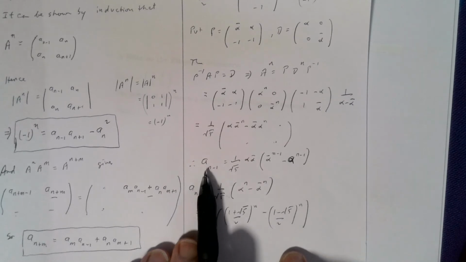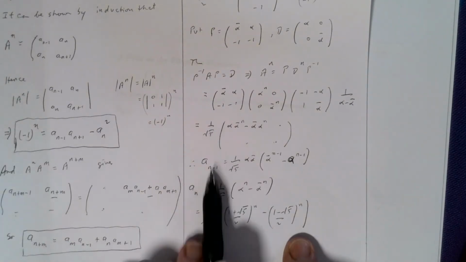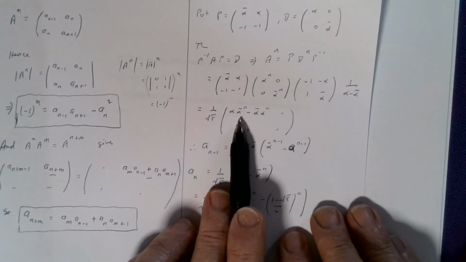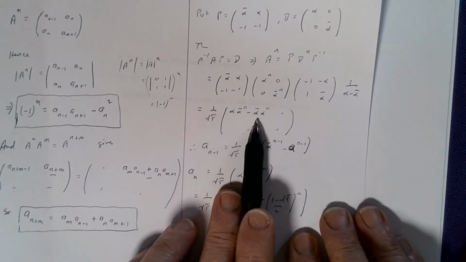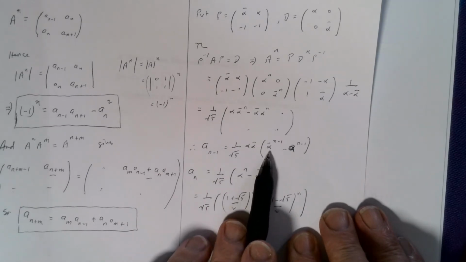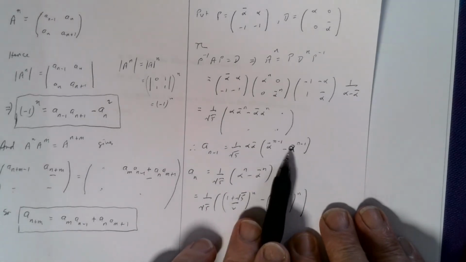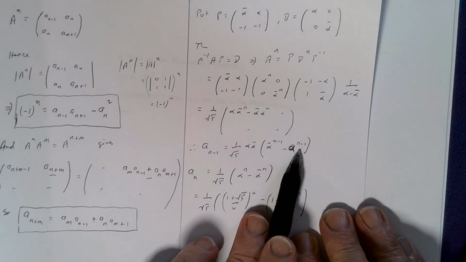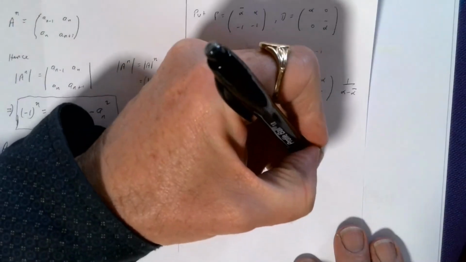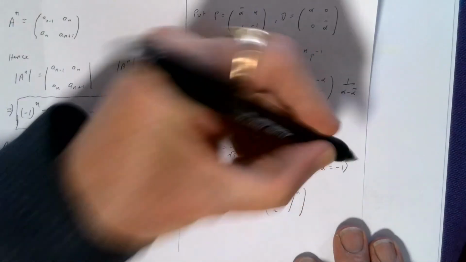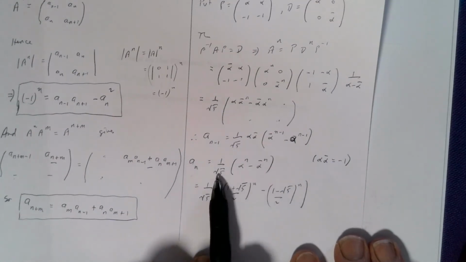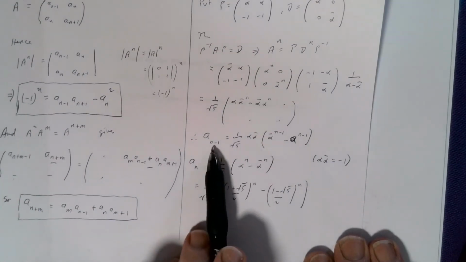So I can say a sub n minus 1 is 1 on root 5. I take an alpha alpha bar out of both of these, so there's an alpha alpha bar, and that leaves me with alpha bar to the n minus 1 minus alpha to the n minus 1. Now when you multiply alpha times alpha bar, you end up with minus 1. I'll leave you to check that. You get minus 1. So I use that minus, and I'm going to just replace n with n plus 1,